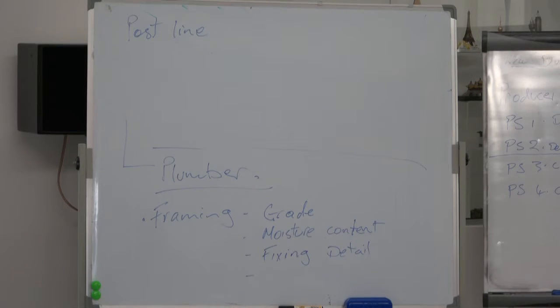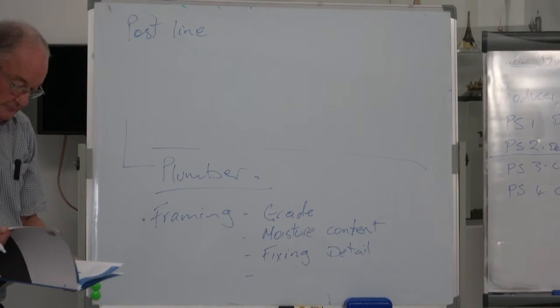Post-lining, once the Gib board's on the walls, we're looking at the number of fixings that hold that brace together. And as an example,